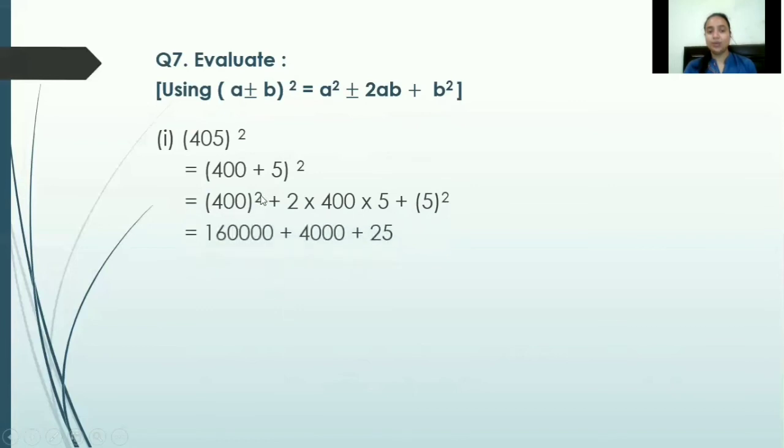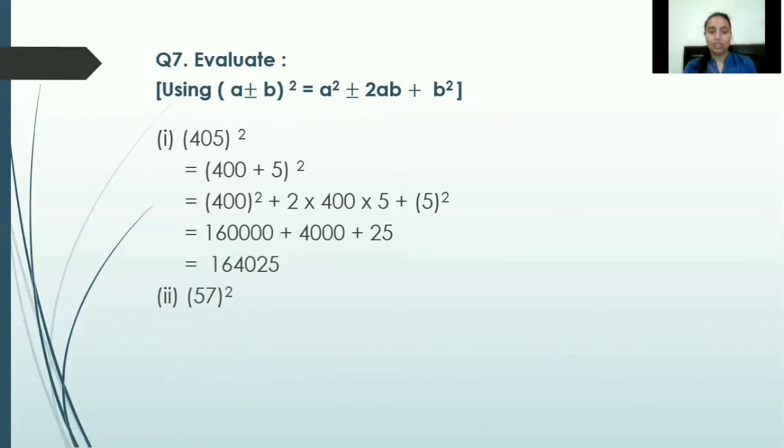Now, the square of 400. Now this, I have multiplied it. The square of this. Now add them, you'll get it. Okay. You can pause the video and do it right now.